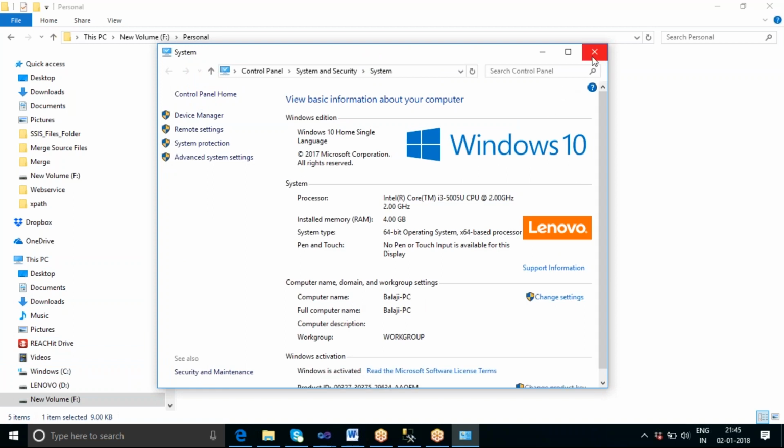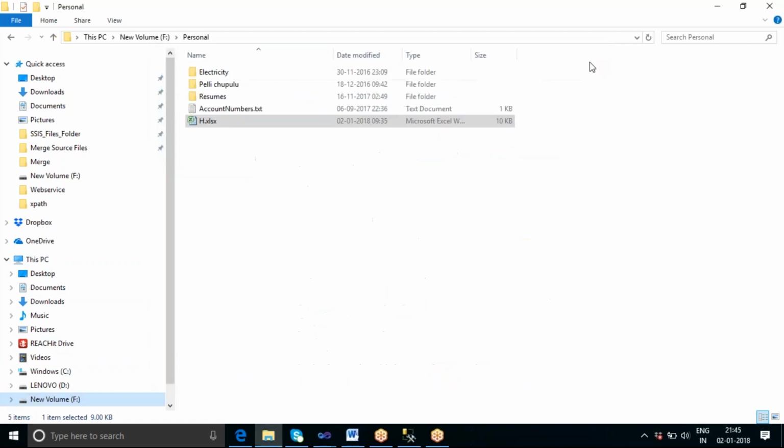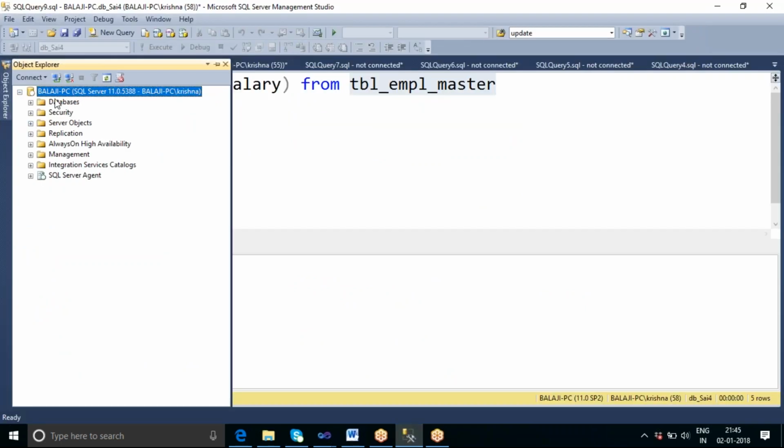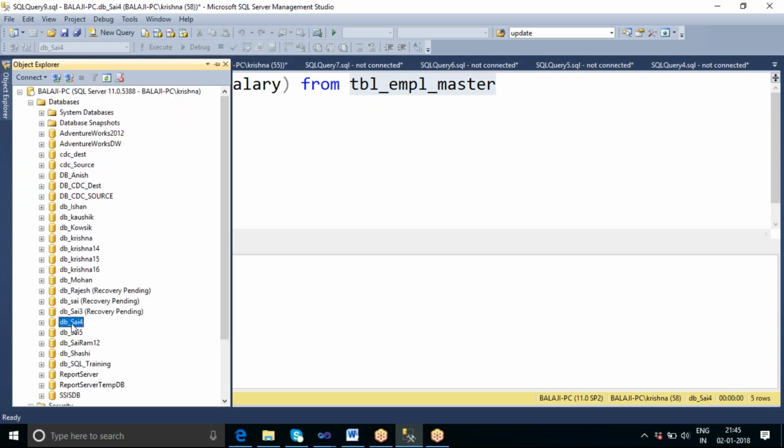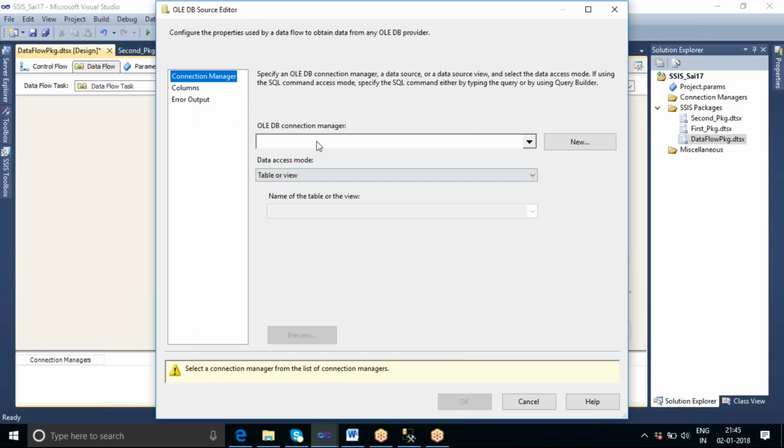Since I installed the SQL software on my computer, my computer name has become the SQL server name. In that, my table is present in the DB Sai phone. So here we have to specify that connection information. Now click on new,